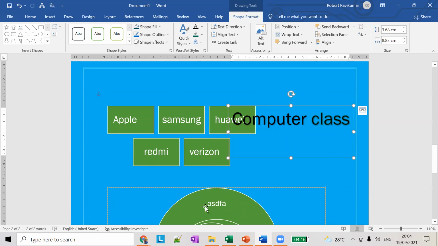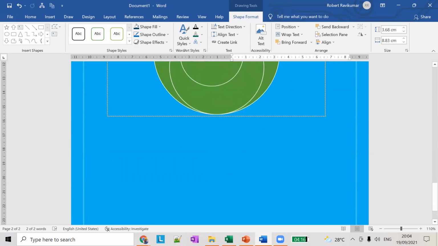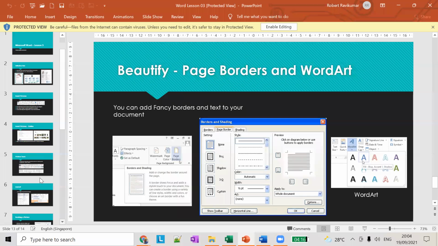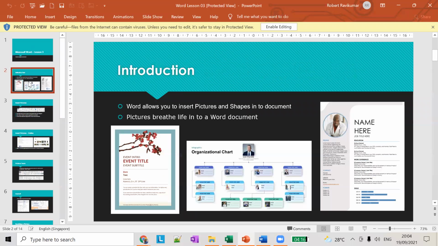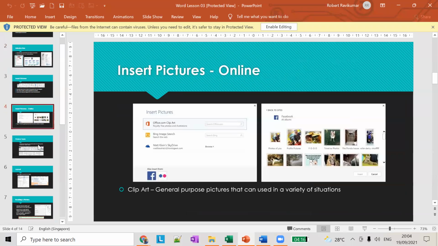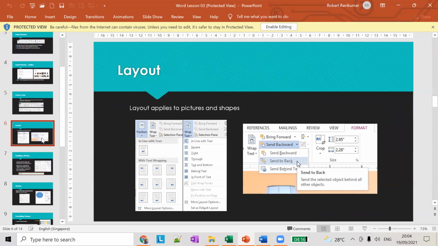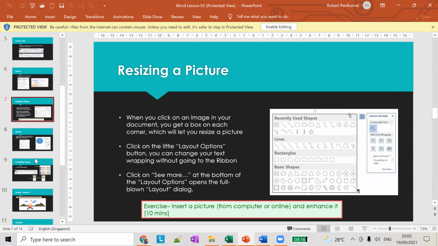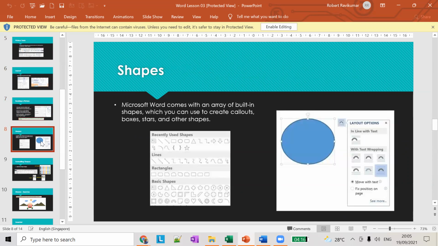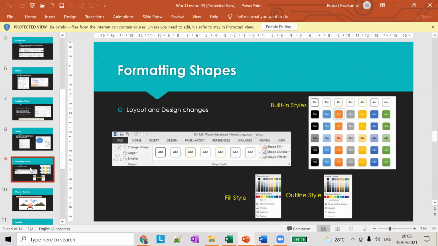Any doubts in this class today? We have learned a lot of things this week. We have learned how to add pictures, how to format pictures. Then we learned about layouts, how to arrange pictures between elements and document text, and we learned how to resize a picture, how to create our own shapes, and how to format those shapes, filling.